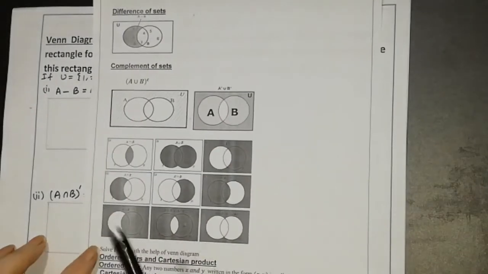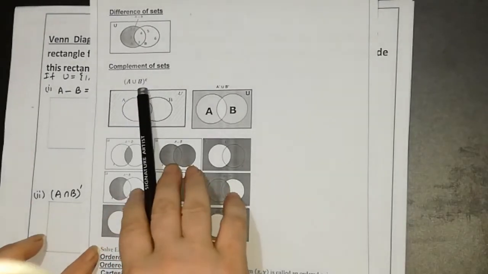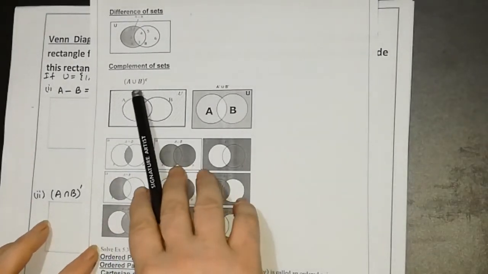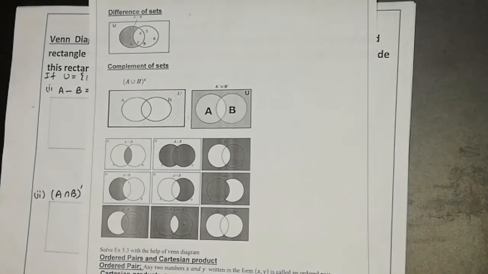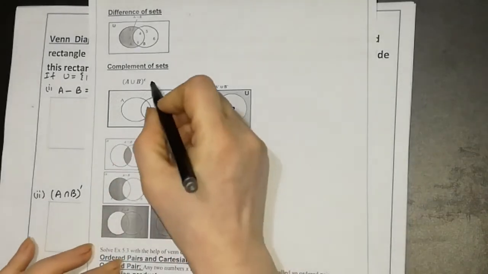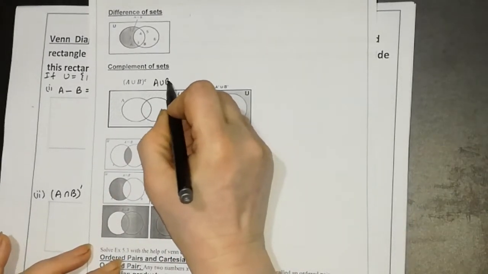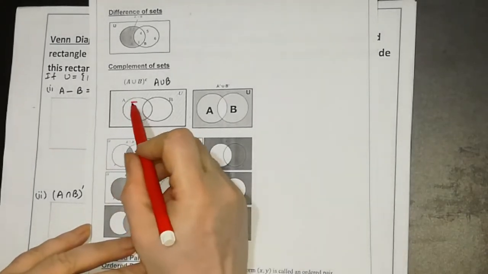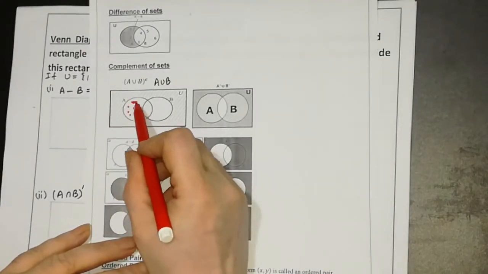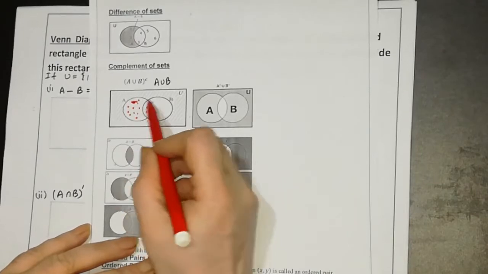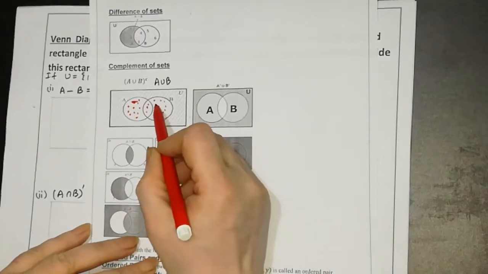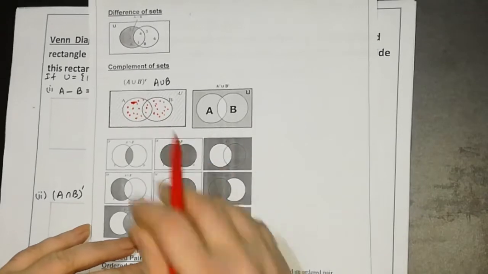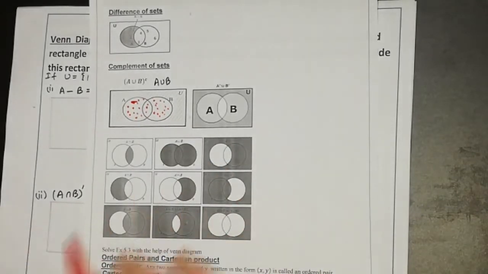Now let's look at some more. A union B complement means that first you find A union B, then find its complement, like in the tabular form. So what is A union B? A union B is this part. When you take A union B, let's use dots on it. So this is the part of A union B. A and B are the union, so I am showing this by dots.